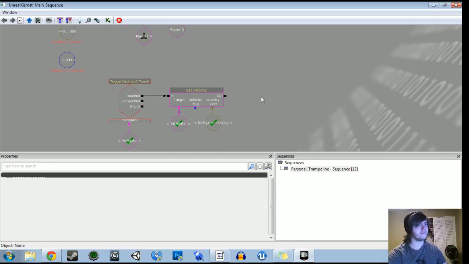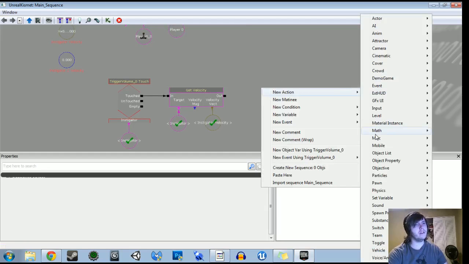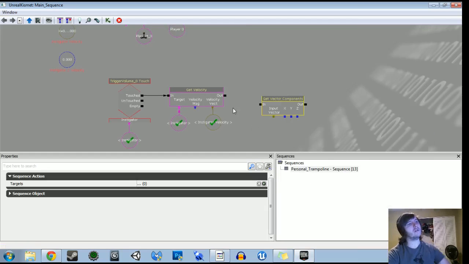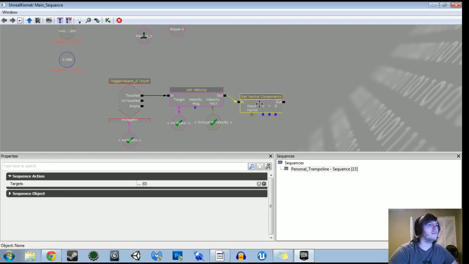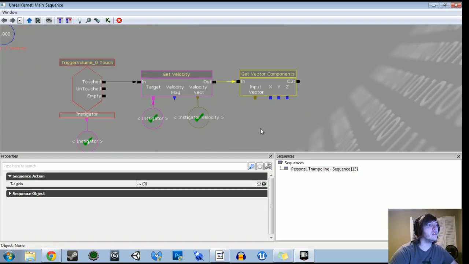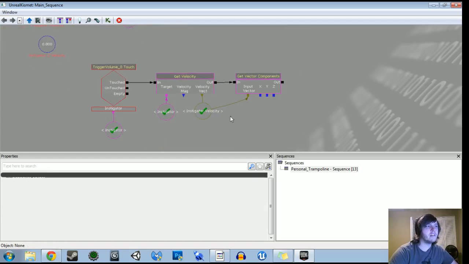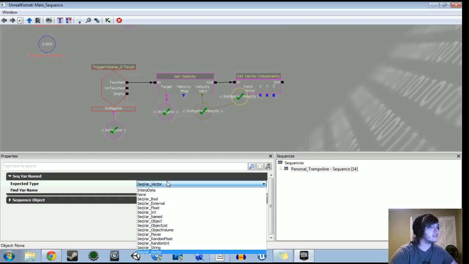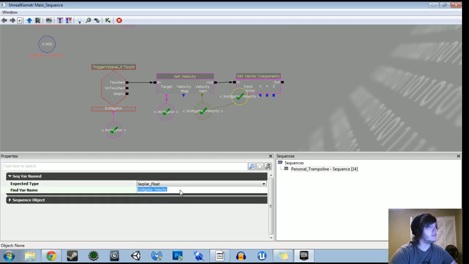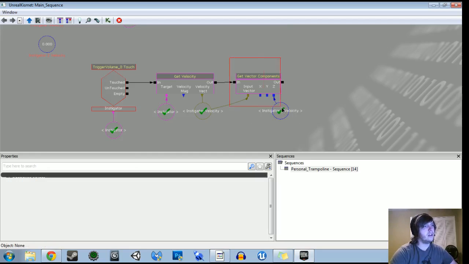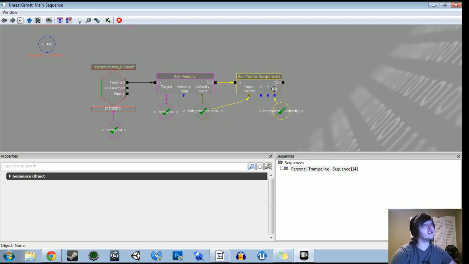So what we're going to do, under new action, I believe it's under math, and we're going to go get vector components. So we're plugging that in, and it basically asks us, what vector do you want to get the components of? We want to get the instigator velocity's vector, and then all we really want for right now is the z. So let's make a new named variable, change its type to float, change its name to instigator z velocity, plug that up to z,